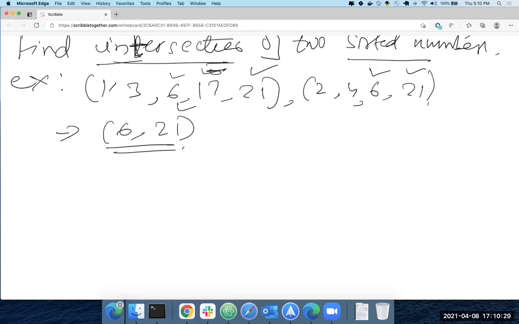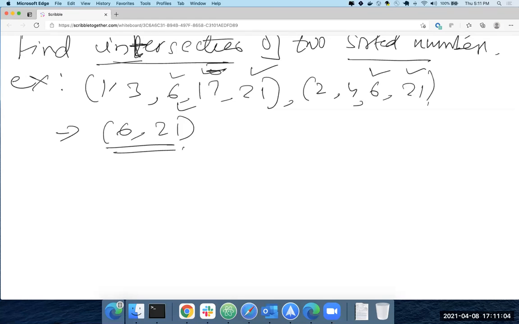So essentially, if you have two sets of sorted numbers, you basically want to return all the numbers that are common to both. So my brute force answer is I create one hash map that counts the numbers and how many times they occur. If I ever get to a point where the number of times it occurs is 2, I put it in my result set.